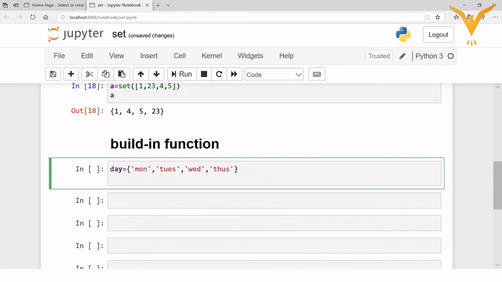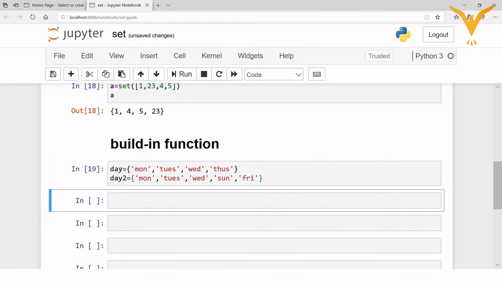Then the second set, that is day 2, equals to, we'll have Monday, then Tuesday, then Wednesday, then we'll have Sunday, then Friday. So we have created the two sets.